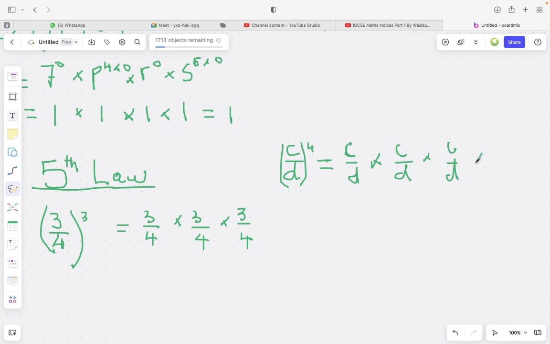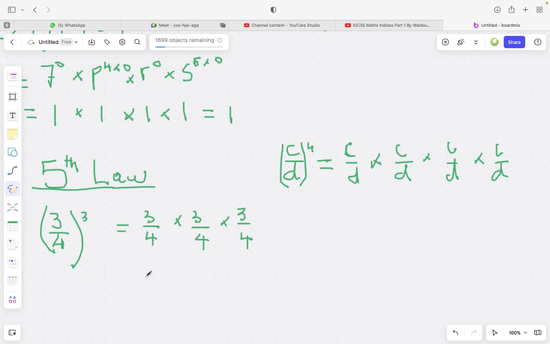Multiplied by another C over D. Okay, so this is the 5th law. It's about division. In general, let's make the general law now. Let's quote the general law. In other words, if you have in general,